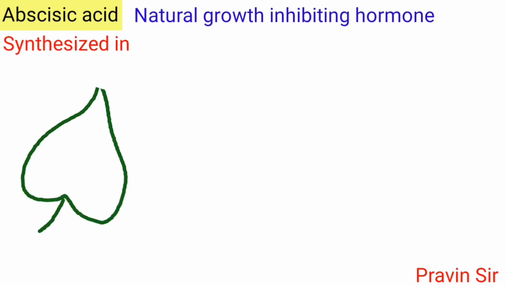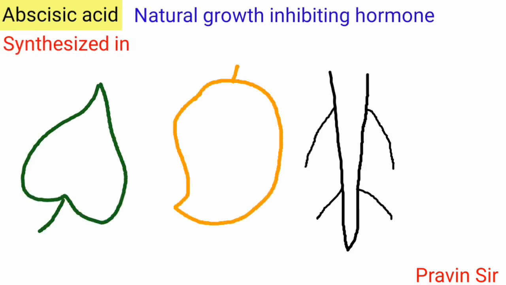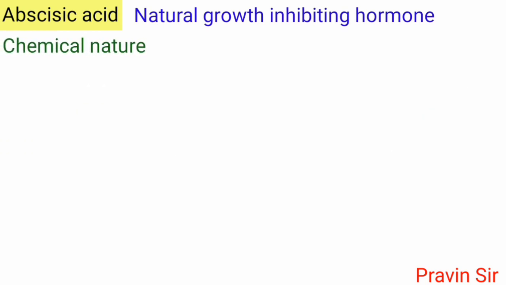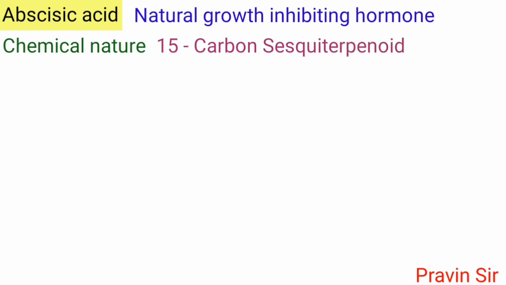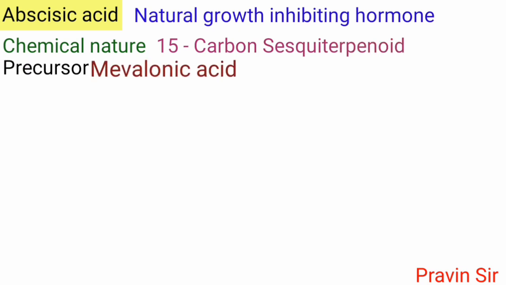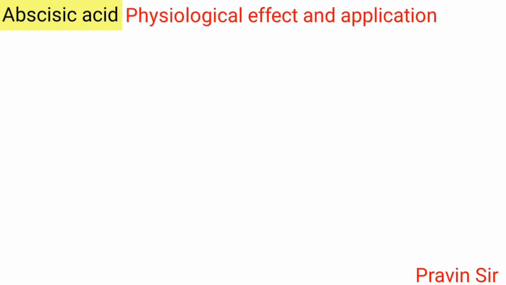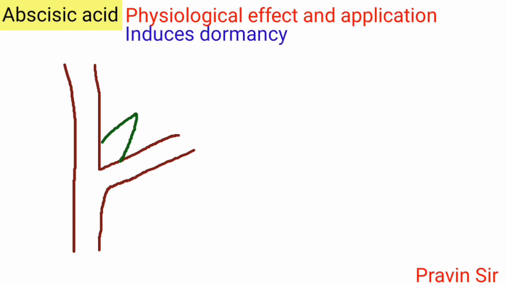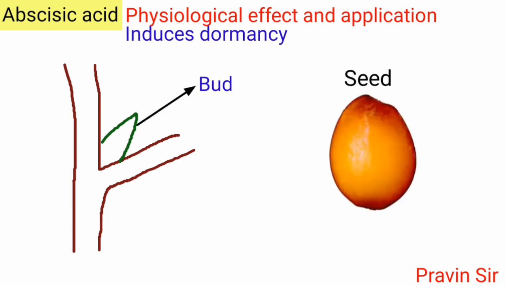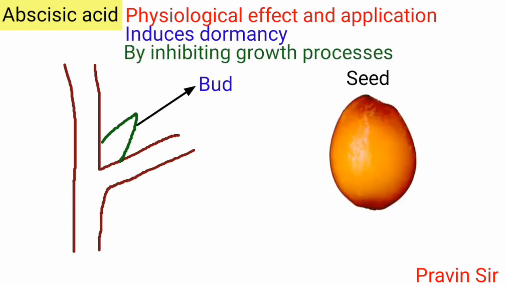Abscisic acid is a natural growth inhibiting hormone, synthesized in leaves, fruit, root and seeds. Chemical nature: a 15-carbon sesquiterpenoid, precursor mevalonic acid. Physiological effects and applications: induces dormancy in bud and seeds by inhibiting growth processes,